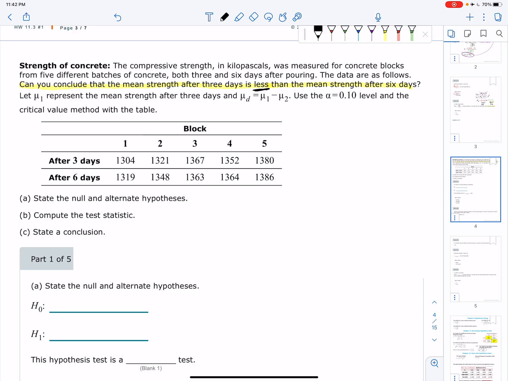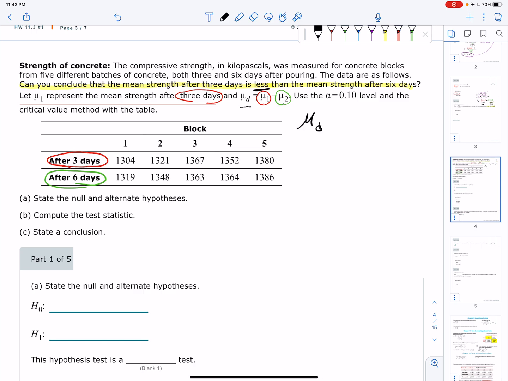Okay, the nice thing once again is they're going to do some defining for us. Let's let mu sub 1 represent the mean strength after 3 days. And we're defining that our population mean of the differences is going to be mu sub 1, which was the red, minus mu sub 2, which is the green. So if we're trying to get this to make sense in our brain a little bit in terms of this problem, it would be